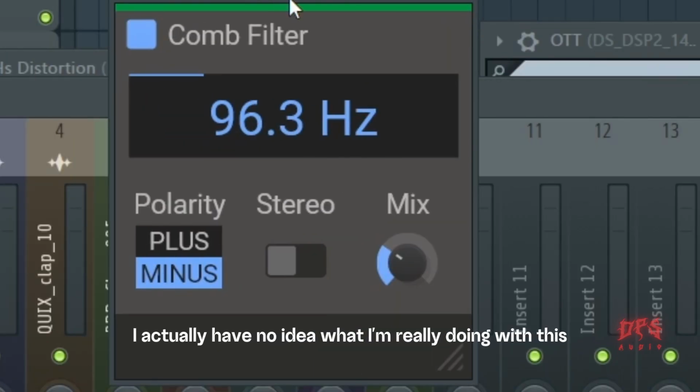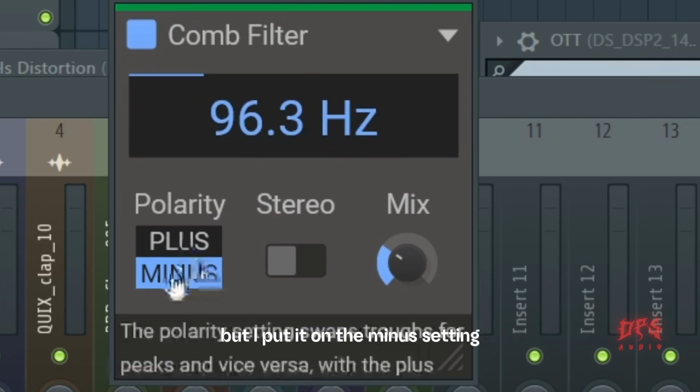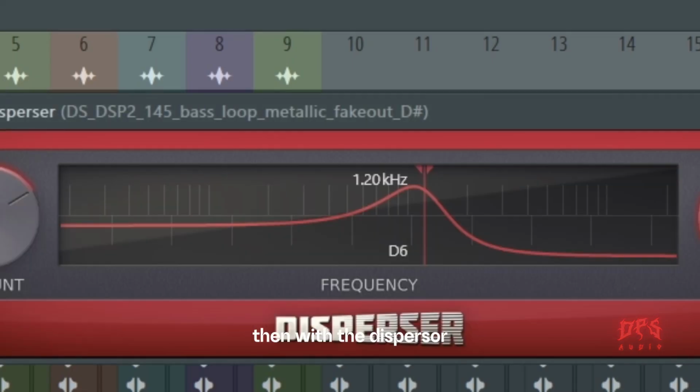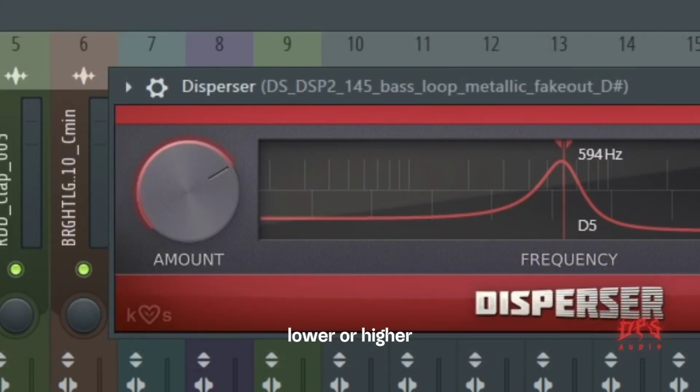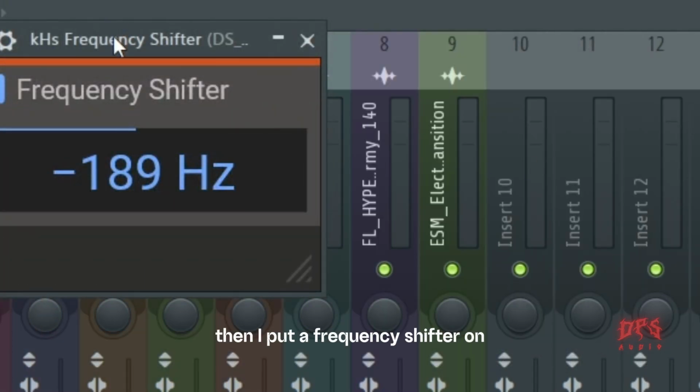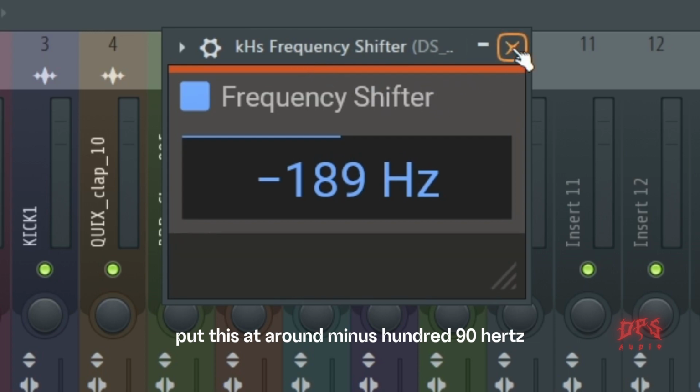I actually have no idea what I'm really doing with this, but I put it on the minus setting and put that around 96 Hertz. Then with the disperser, I chose the fundamental key of the track, which in this case is D. Put one at D6, copy the same settings and put it at a frequency lower or higher, it doesn't really matter. Then I put a frequency shifter on, put this at around minus 190 Hertz,